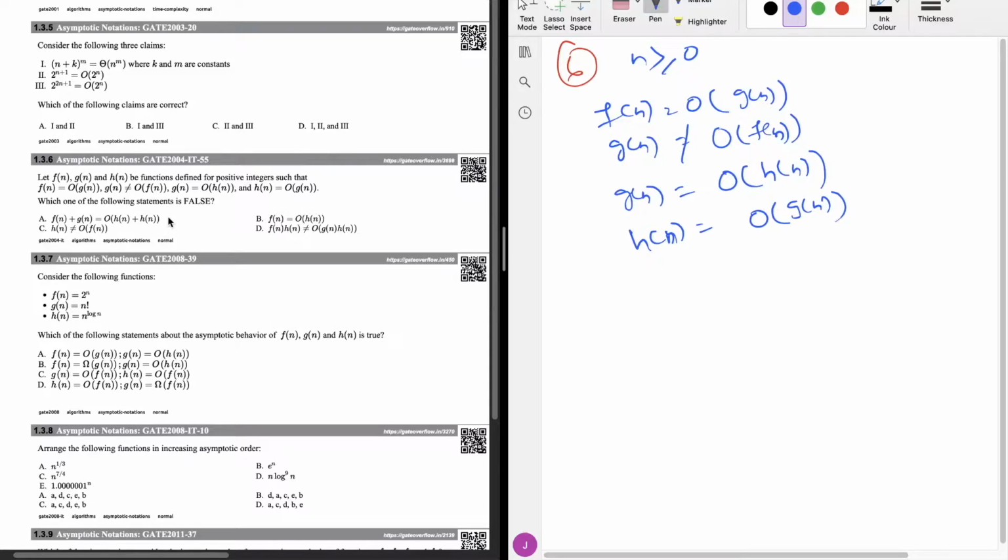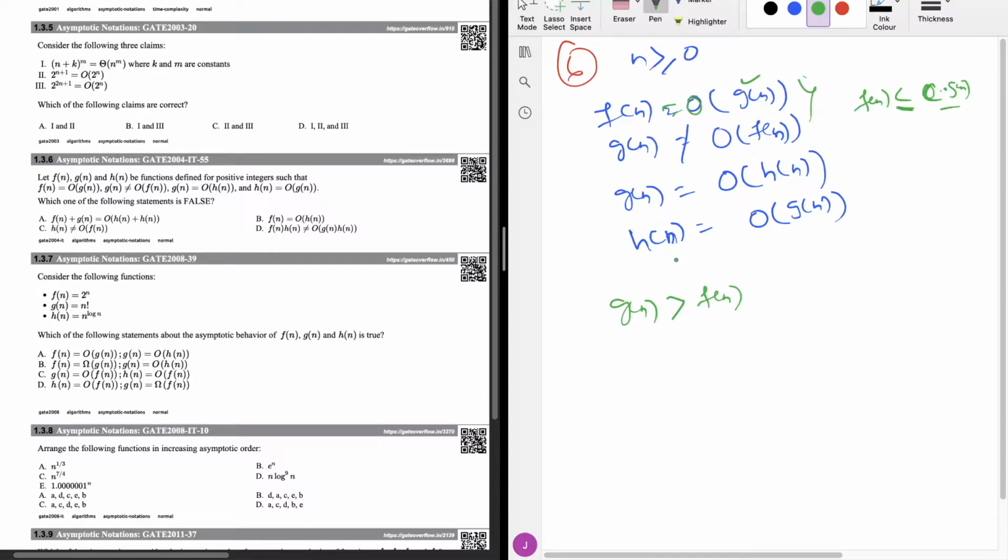But before approaching the answer, we have to derive some conclusions from these four statements. It is given that f(n) equals big O of g(n). That means g(n) should be greater than f(n), because g(n) is inside the big O function. But what is the big O function? Big O says that f(n) is less than or equal to c times g(n). The equals symbol is there, so will equality hold or not? That actually depends. If both are asymptotically equal, then we can say that g(n) is greater than or equal to f(n). And how will it get proved?